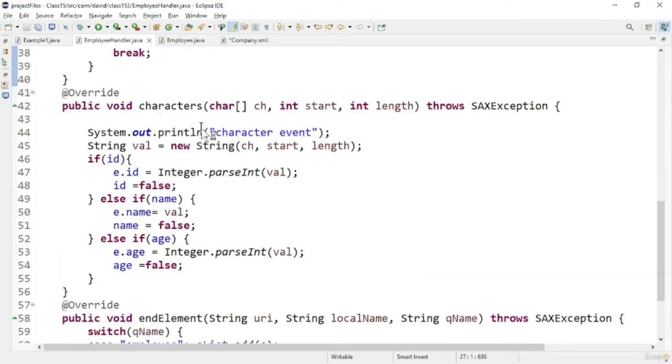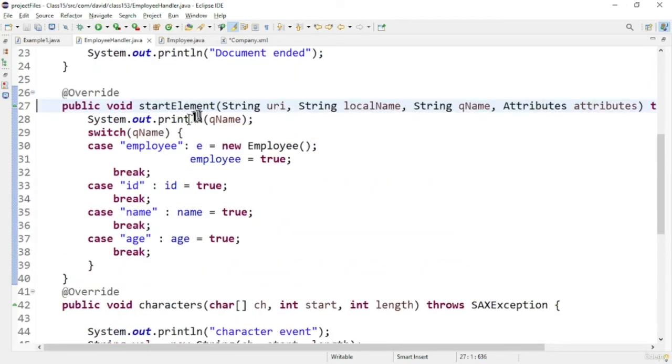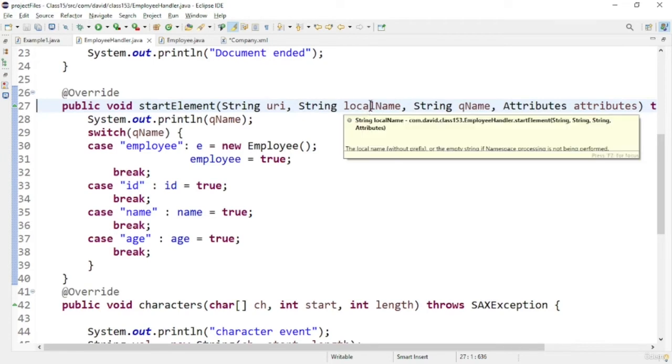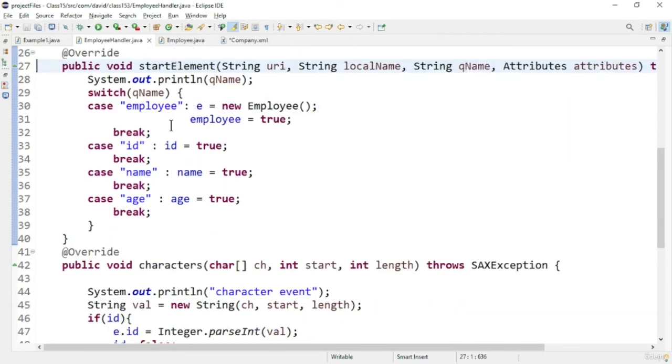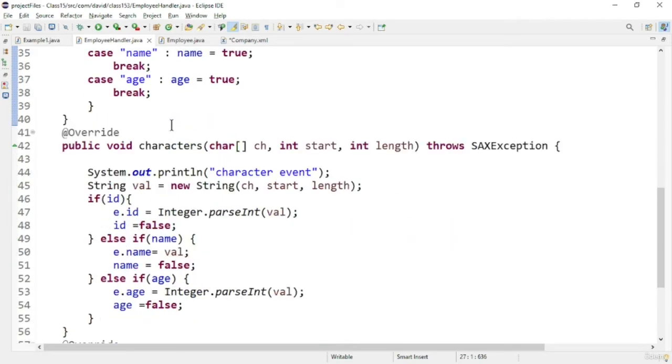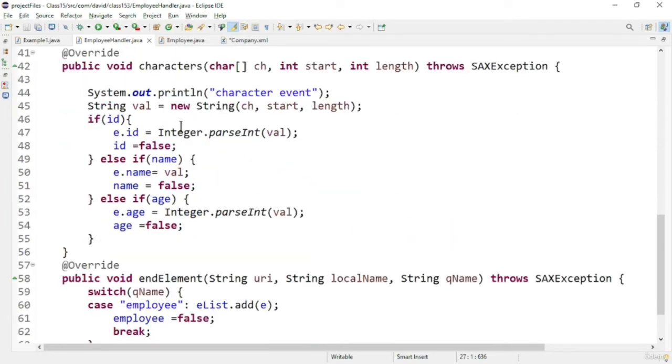Now let us go to the characters event. After the start event, the characters event will be triggered, which outputs the characters present in the file. In the above example, you can see the queue name holding a particular value and we switch on it. Similarly, here the ch array holds all the character values.